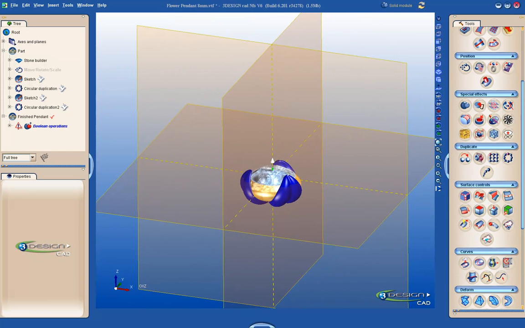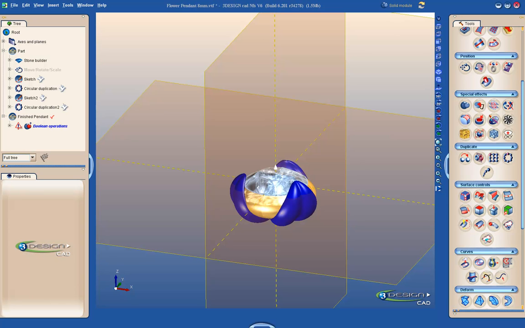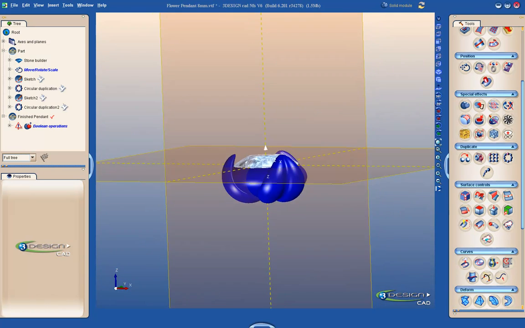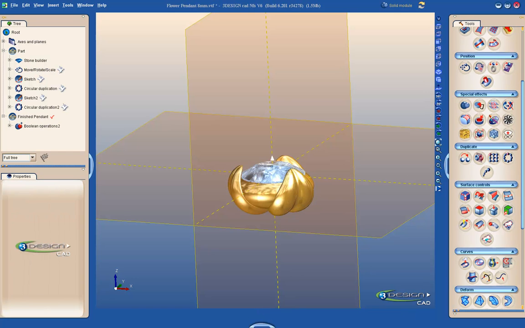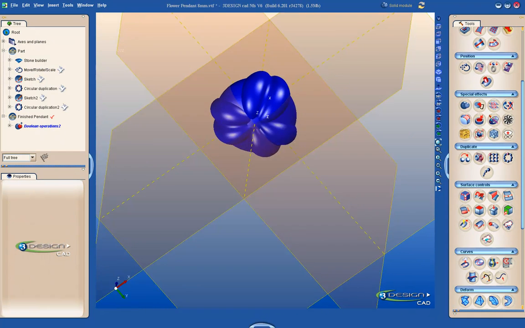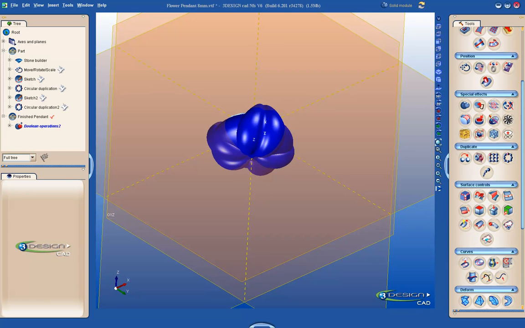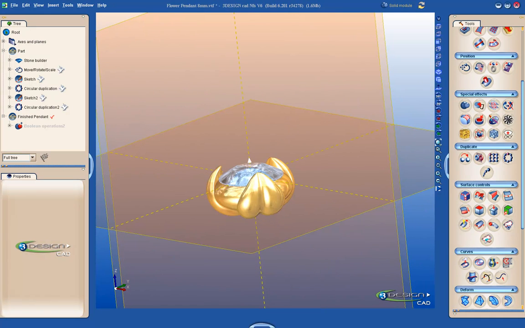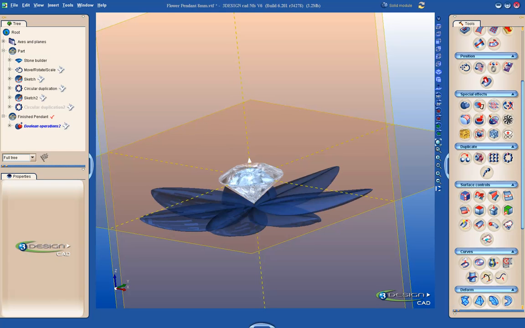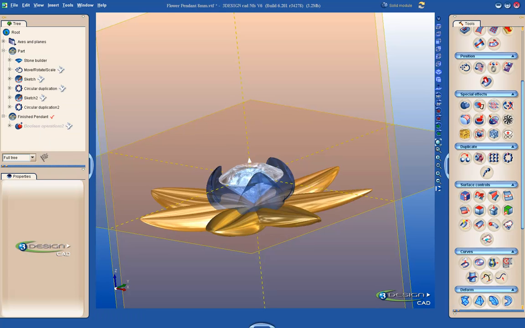Now we're going to take that object and the center move, rotate, scale of the sphere and Boolean those two together. And now we have one Boolean operation. If you'll notice, it's underneath the new part. I still have all of the stuff on its own in the old part, but in the new part I have this one piece. And I'm going to hide that for a second, and I'm going to show the lower petals